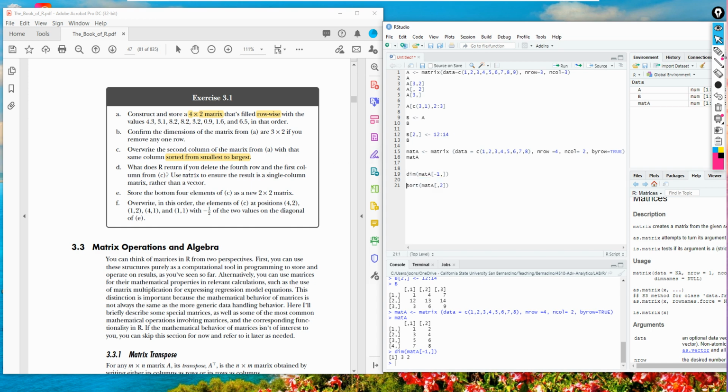We learned about overwriting. So matrix A, leave the row blank, and the second column will be replaced by this value.